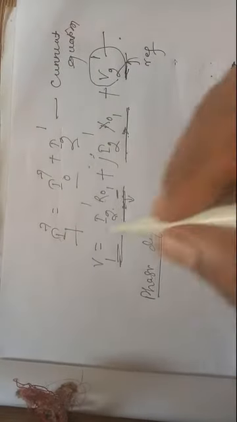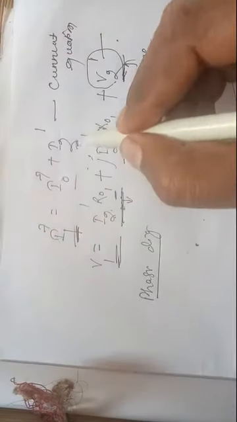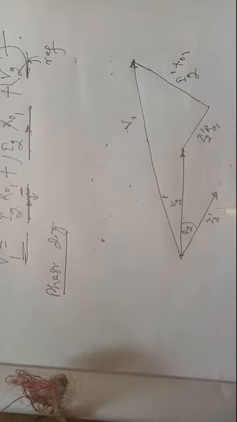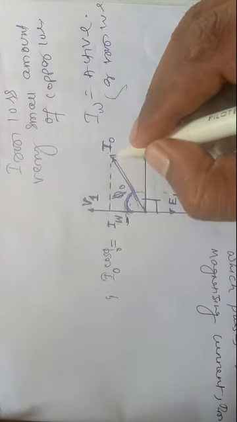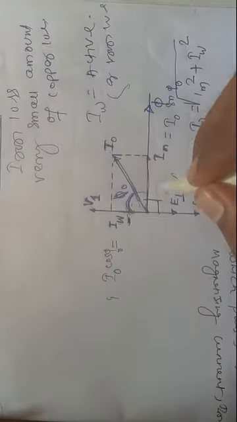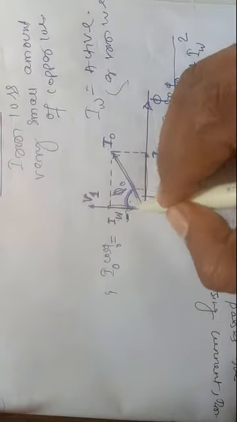Okay, so the phasor of V1 is plotted, but we have not yet plotted the phasor of I1. Only I2 is plotted. We will have to add I0 dash. Last class we already studied that I0 has two components: one is Im, the magnetizing current, and another is the iron loss component, IW. So we will first plot the values of IW and Im. Then on adding we will get I0.